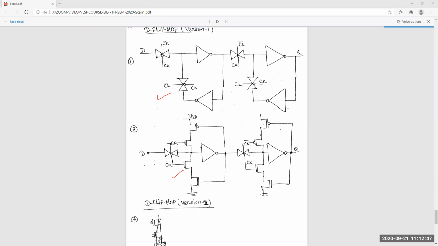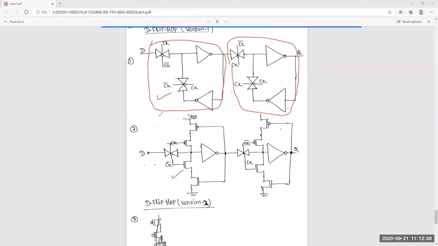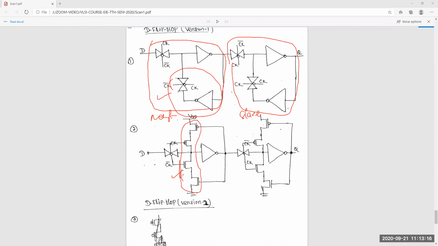First, this is your latch, as we initially discussed. And this is also another latch. This is your master latch and this is your slave latch. Similarly, in the next version, these 2 things you can convert to a buffer, inverter, tri-state inverter.